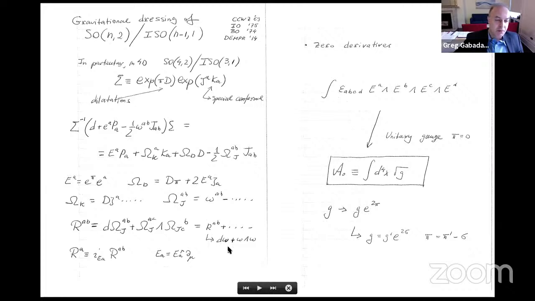Little omega is the conventional spin connection, and capital Omega is related to the little omega by some additional terms, which are there due to this conformal nature of the construction that we're doing. So they have something to do with these extra fields related to dilatations and special conformal transformations. It's just a notation. And then another object that I'll be using is a 1-form, which is again curly R,